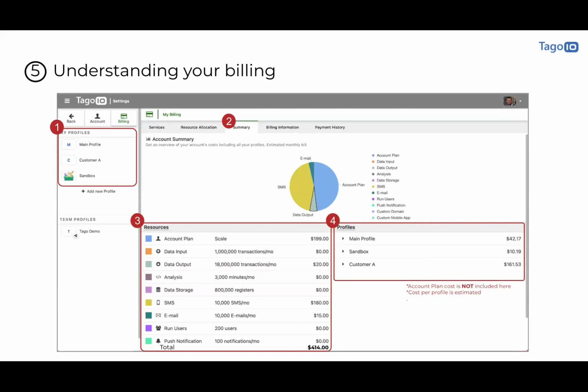So looking at profiles and summary for each profile. I have their main profile, customer A, and sandbox. And I have my resources on the bottom. So what's the total that I have for all these profiles? And I can see on the right, on option 4, how much I am expending for each profile. So this is a good way to keep track of all the data that you're consuming, all the limits that